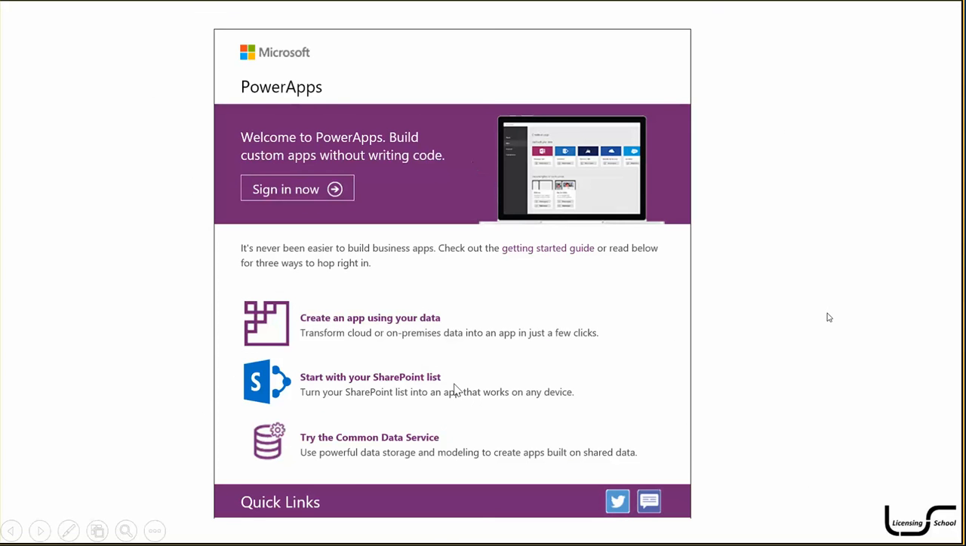You can see this is part of the email that I got. Welcome to Power Apps, build custom apps without writing code. And these are the first things it says. Oh, you can create an app using your own data. That's your cloud data, your on-premises data. Brilliant. One of the Power Apps tutorials, a very powerful one, showing you how to turn a SharePoint list into